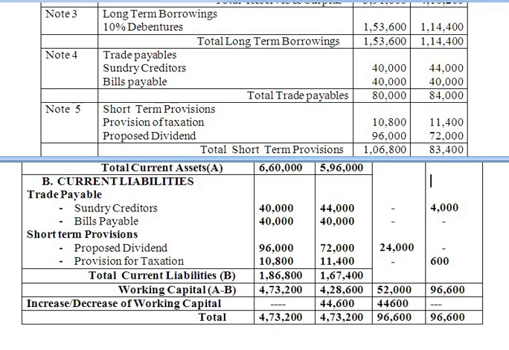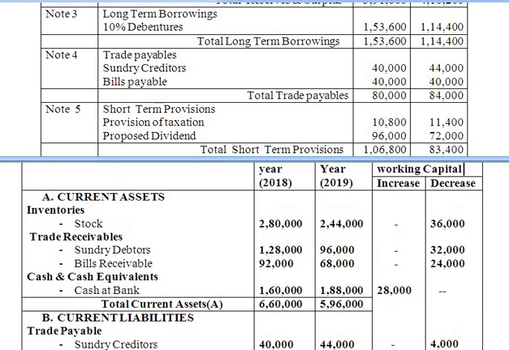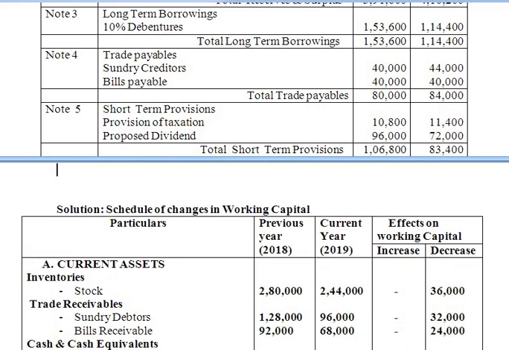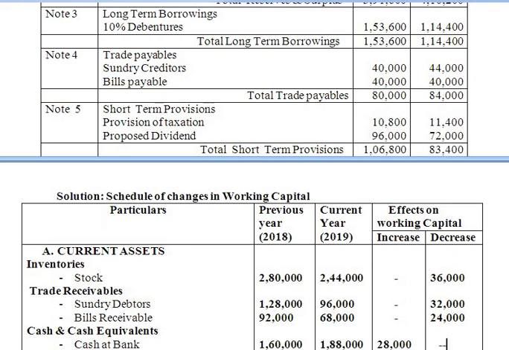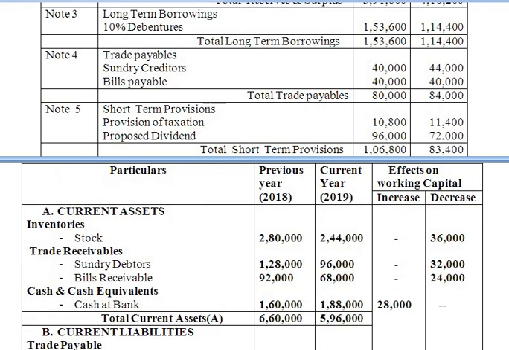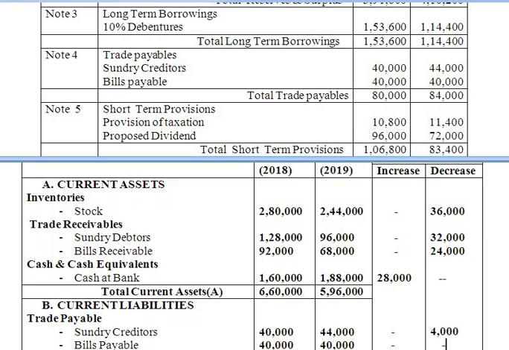Okay, so as we discussed in the rule of working capital, any information outside the balance sheet will not appear in the schedule of changes in working capital. First we have to take current assets, their amount for the previous year and current year, and then find out the change, whether it is an increase or decrease. If there is an increase in current assets, the effect on working capital will be an increase. If there is a decrease in current assets, the effect will be a decrease in working capital. In that column you write the effects of changes in current assets, then make the total of current assets.